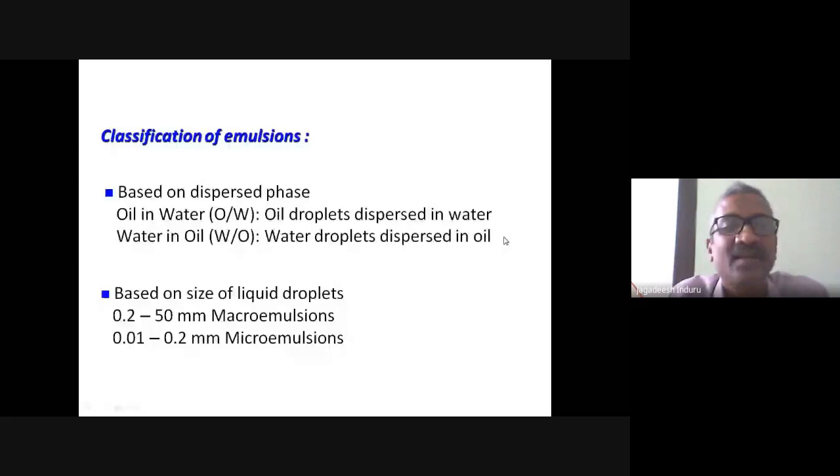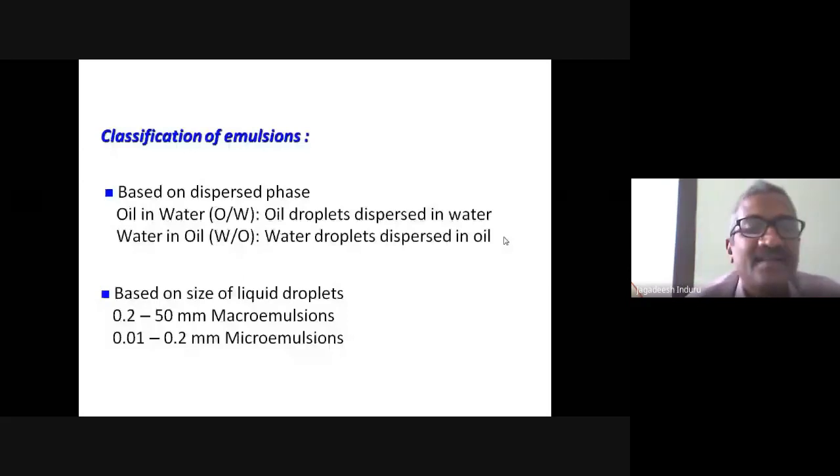Because of this, we divide emulsions into two types: oil in water and water in oil emulsions. I don't want to go into detail about all these because it is only a recapitulation of what you have already learned in B.Pharm. Most of the time, the size of the oil globules present as liquid droplets is 0.2 to 50 micrometers,